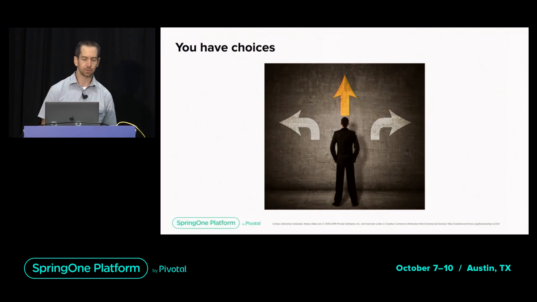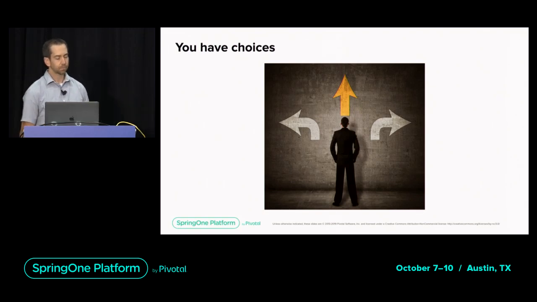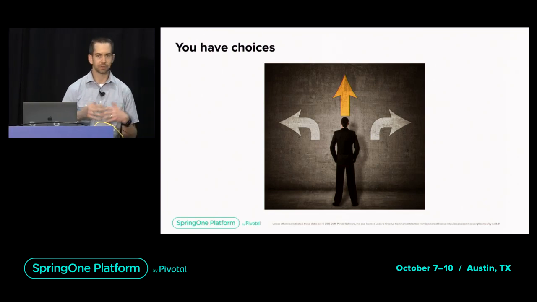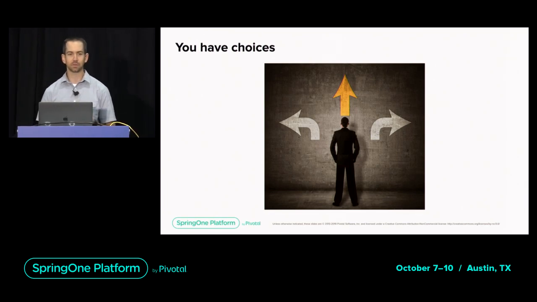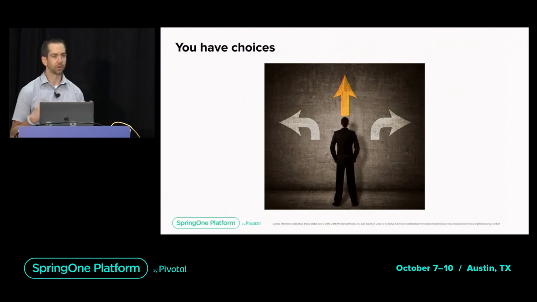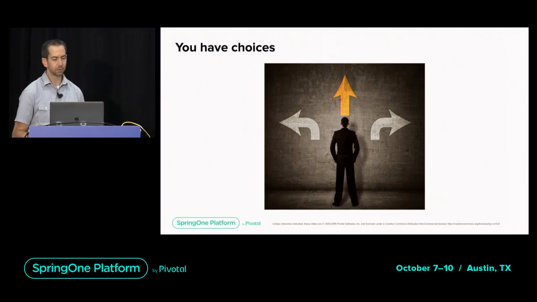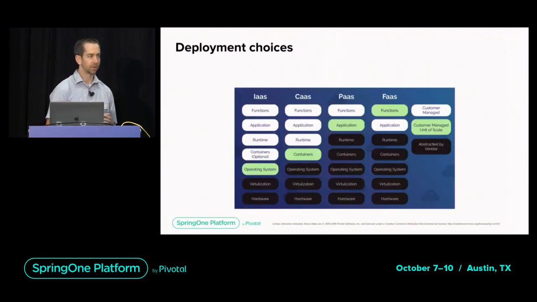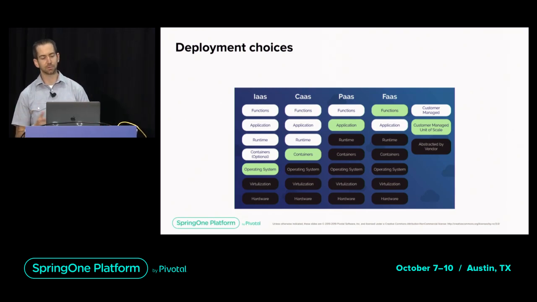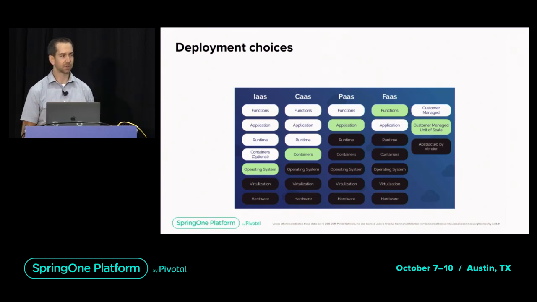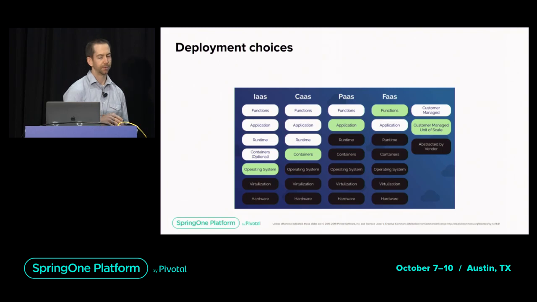Let's get started. As developers, we have a lot of choices around the various technologies we use, right? And one of those choices we have to decide is where we are going to deploy our applications. This used to be a very simple choice. Even just a few years ago when I got into the cloud space, this diagram looked far simpler. There were really only 2 pieces there: infrastructure as a service and platform as a service. And it's grown. It seems like every year there's something new here that we add, right?